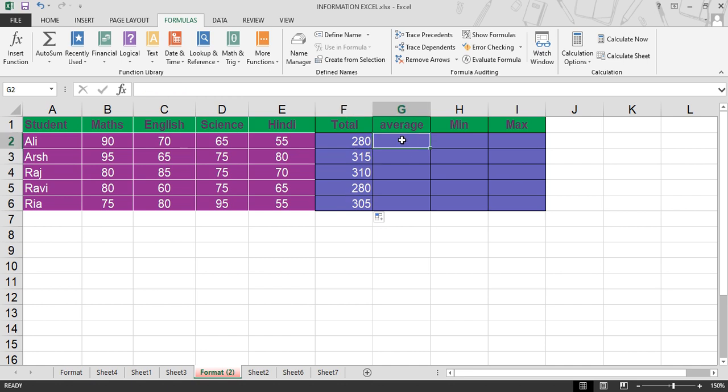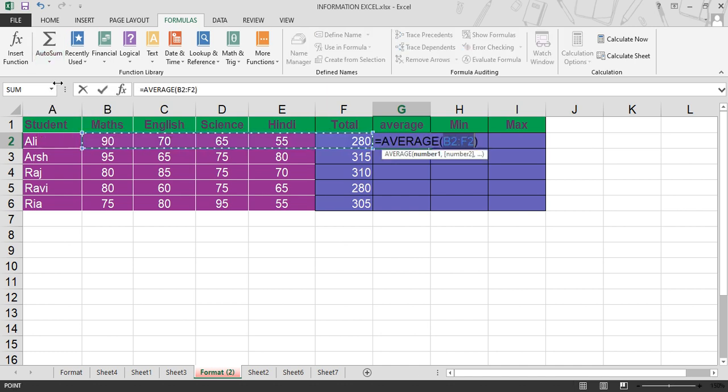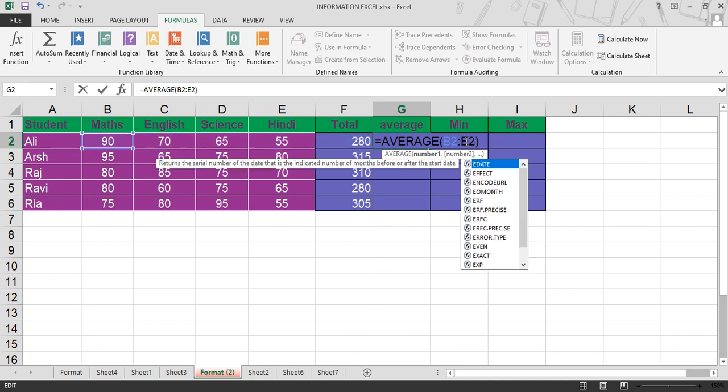Similarly, here you can use the average function. Select the cell, click on AutoSum, select average. It will include all the cells having number values before this cell, but we want to exclude this one cell, so you can delete F and type here E2.